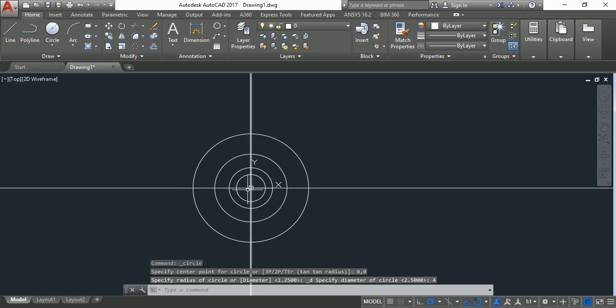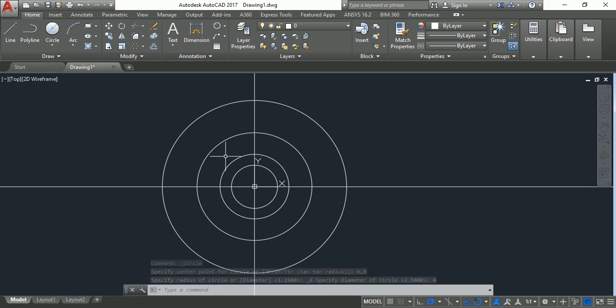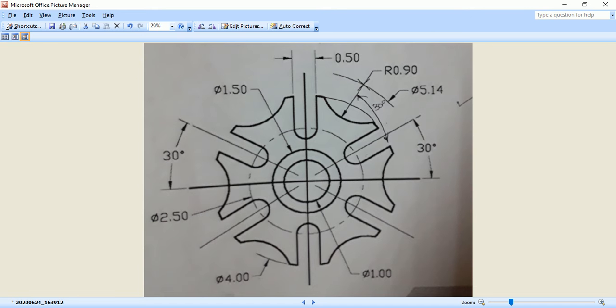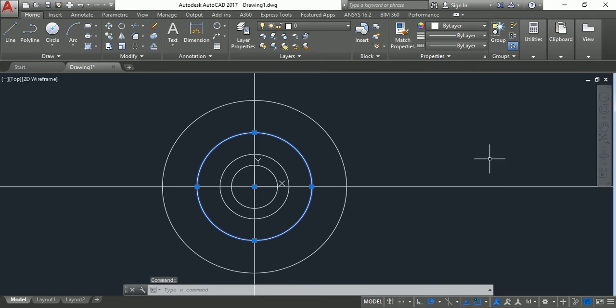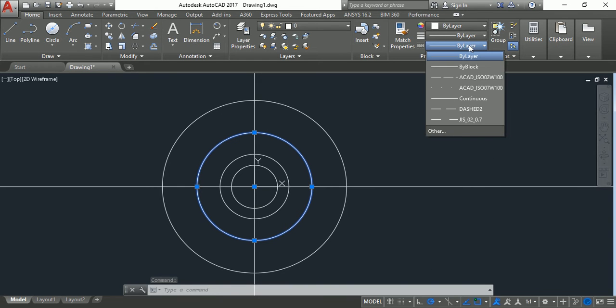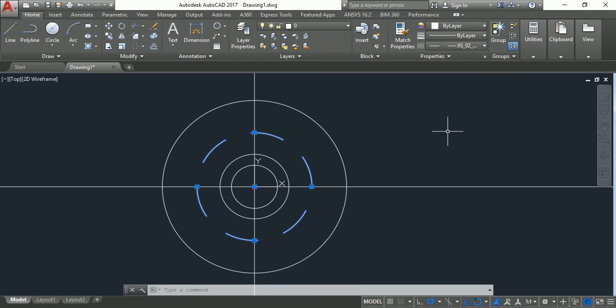Now as given in the drawing, the circle of diameter 2.50 is being shown in a construction mode here. So here we have the option of changing the display of the default entities. We can select this option to this font. Now it is looking much more clear and differentiable in the drawing.